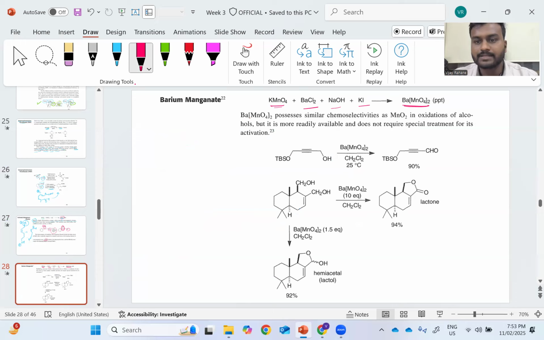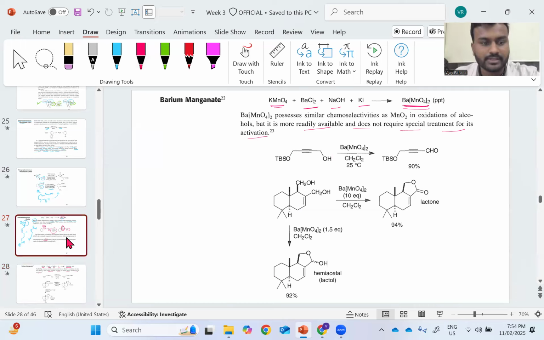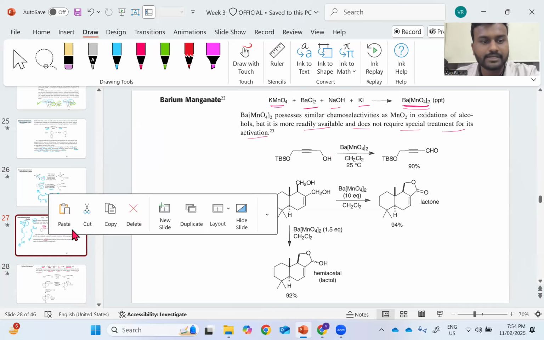This barium manganate has similar chemoselectivity to MnO2 in the oxidation of alcohols, but it is readily available and does not require special treatment for its activation. As I mentioned earlier, MnO2 powder needs to be activated, which is mentioned in the slides. But this barium manganate doesn't require